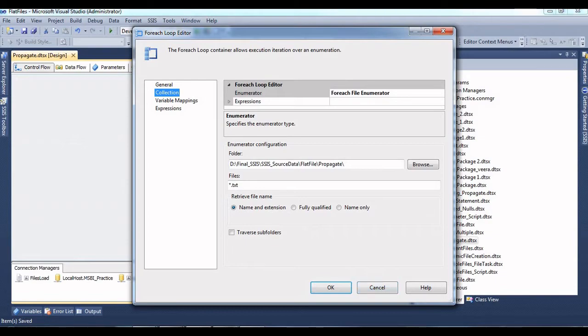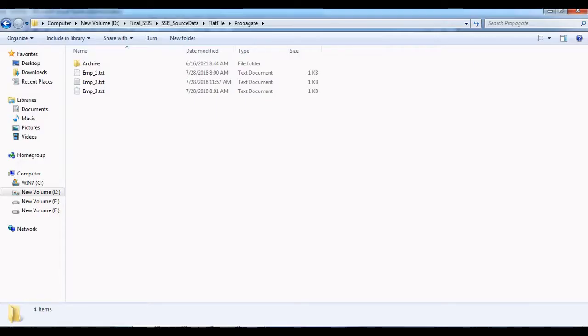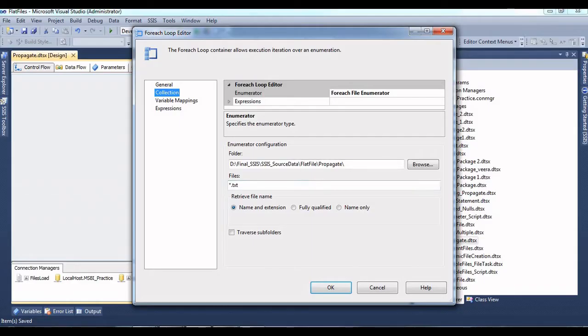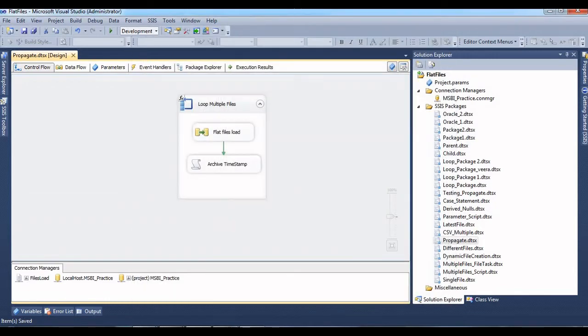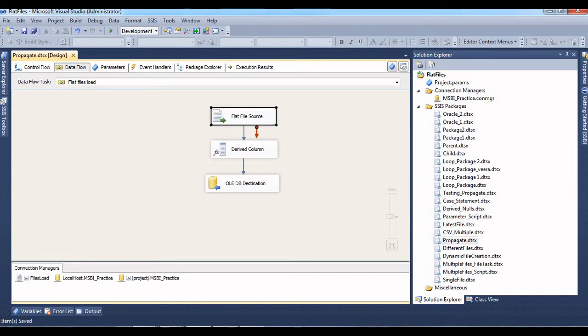I'll show the path where it is. By writing expressions, I'm iterating all the text files in that folder, and I'm storing all the paths into this variable. Finally, by using the data flow task, I'm processing these text files into the table.